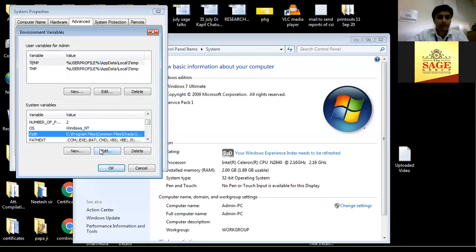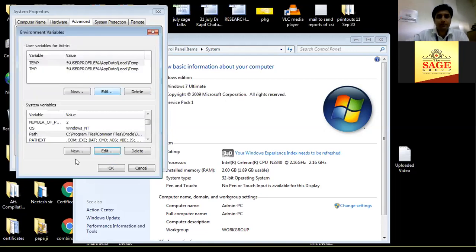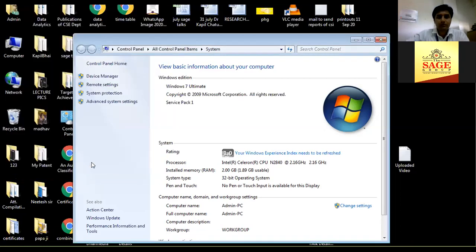Click on Edit, and at the very end, at the last, we have to put a semicolon. I put that path previously, so I removed that path. We put a semicolon and paste the path which we copied from the C drive Program Files, and click on OK. Again, click on OK. Again click OK and close that window.